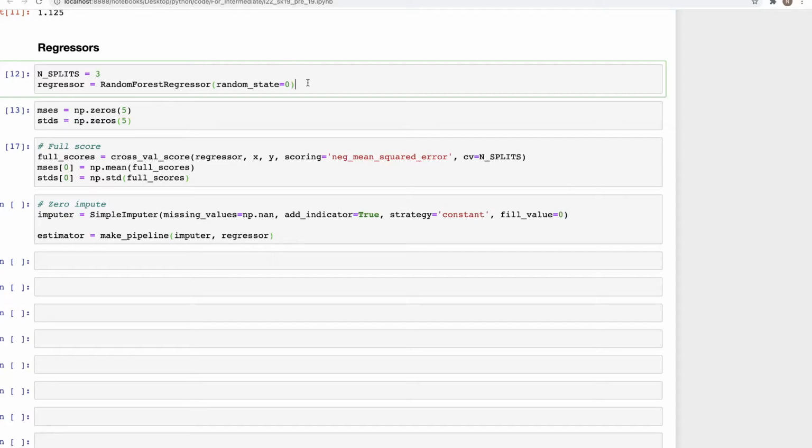So the idea is that we have a data set that comes in as an input which has missing values. We input that to this particular pipeline which has an imputer in it, and the imputer does its job, replaces the missing values with values that are specified by the method in that imputer, and then these